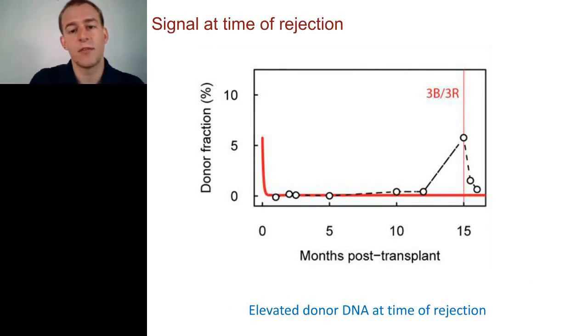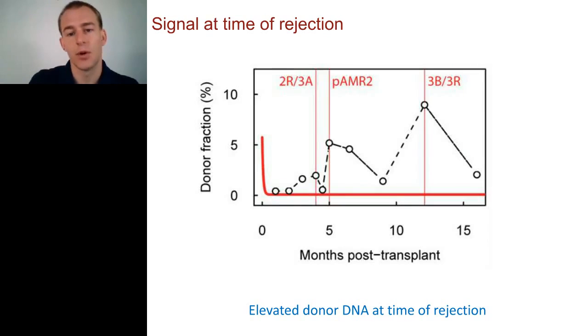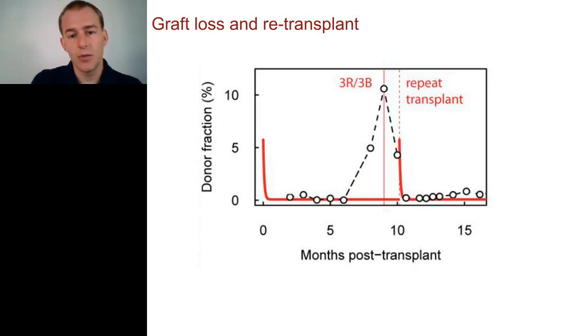However, this is quite different for transplant patients that do reject. For example, this one goes on to have a severe rejection at month 15. You can see that there's an elevation in donor DNA around that time point. And there are some other examples. For example, this pediatric patient had multiple rejection events. And here we have a transplant patient that had rejected and required a repeat transplant